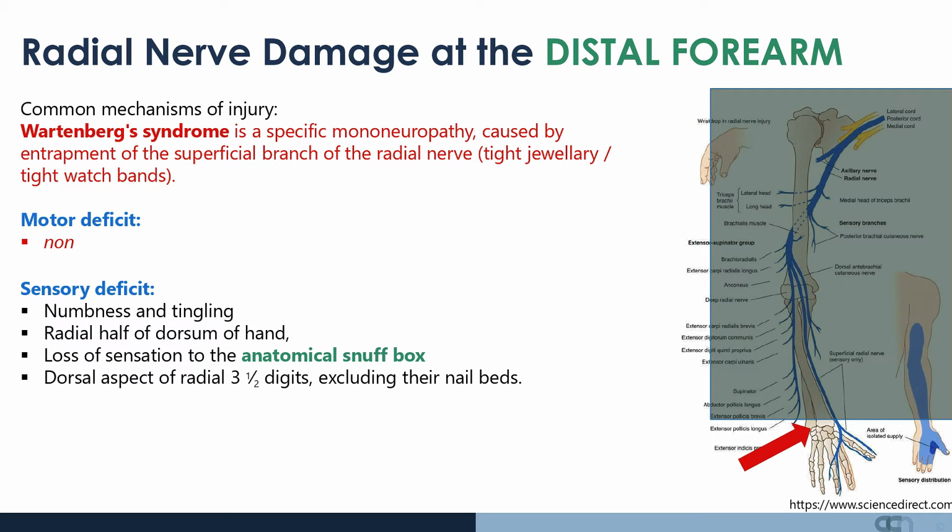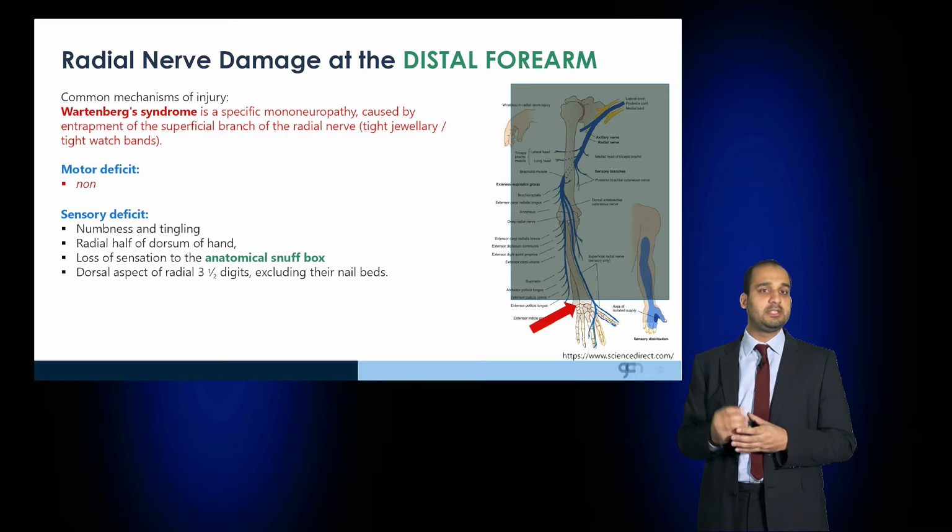Be aware of Wartenberg syndrome. This is a specific mononeuropathy caused by entrapment of the superficial branch of the radial nerve due to tight jewellery or tight watch bands, and that leads to a rather distal defect. There's no motor defect because the motor nerves have already innervated the muscles proximally, but from the wrist onwards,